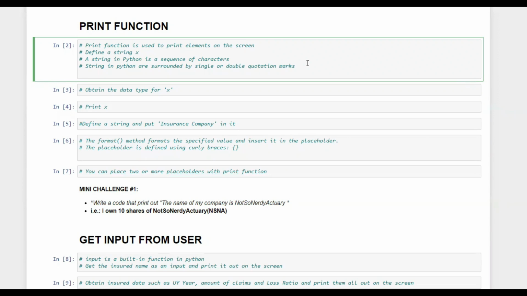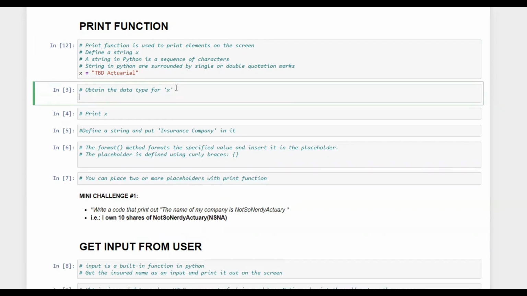Let's say we'll define a string x, and our string x is nothing but, in double quotes, let's say TBD actuarial. If I define my string, I can put it in either single or double quotes. To run this command, we hit Control Enter. And if you see a number here, it means it has run.